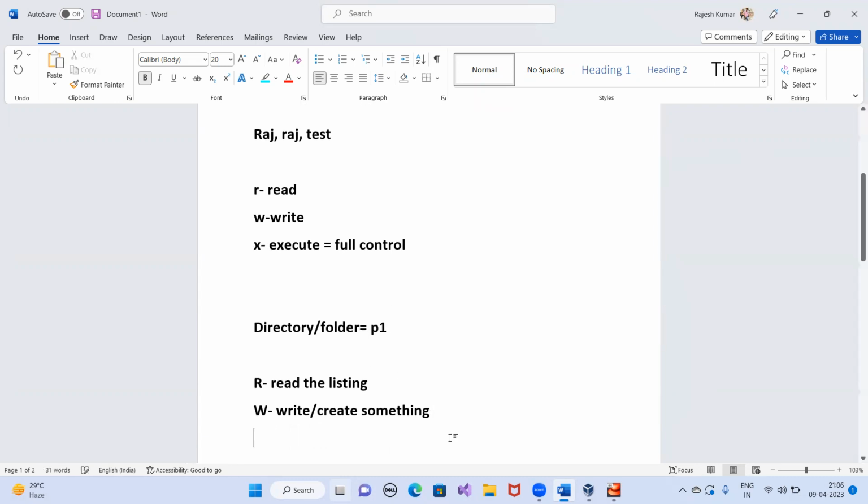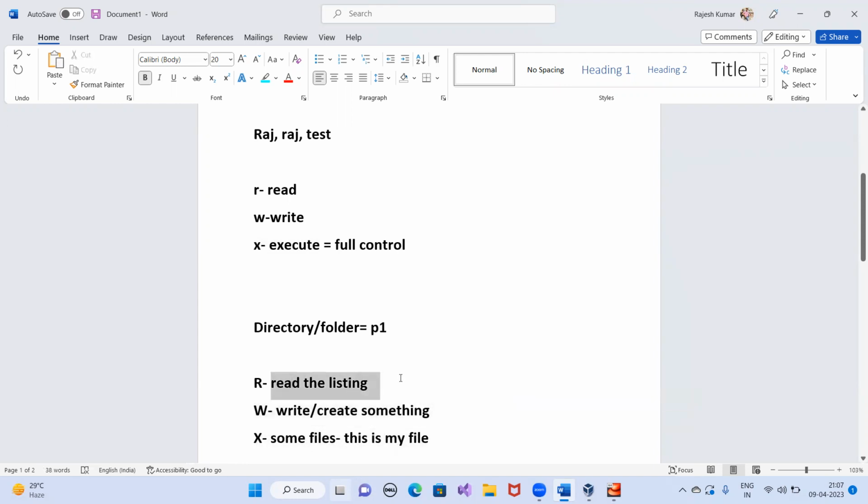If someone has got the execute permission, suppose you already have some files available inside the P1 directory. You want to modify. Suppose there is content written, this is my file, saved in the P1 folder. You want to modify this content. You want to edit something. If you have got the execute permission, it means you can open the file inside the directory and do the modification. So these three are the permissions.